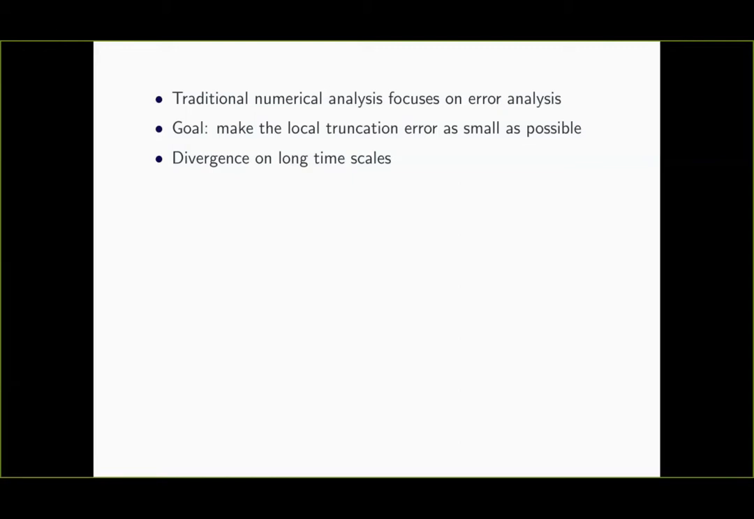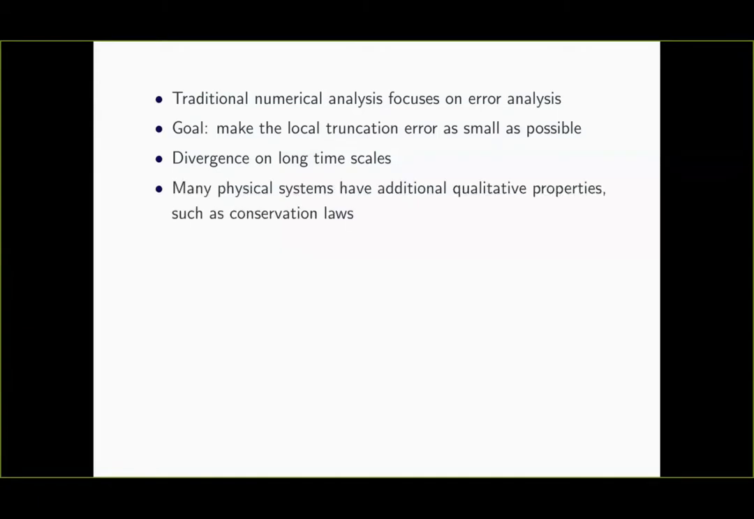For example, in the theory of planetary motion, celestial motion, if you simulate the movement of planets and stars and maybe entire galaxies, then quite quickly you see that over longer timescales, the numerical solution will diverge from the true solution. What people have noticed is that many systems, for example in physics, have additional qualitative properties, such as, for